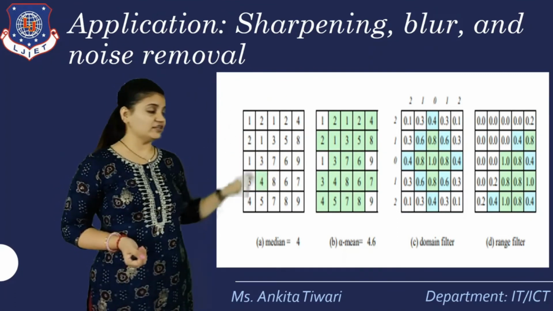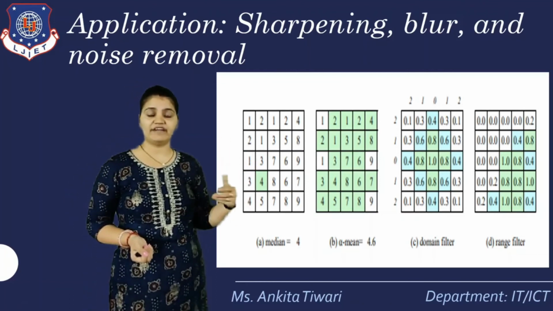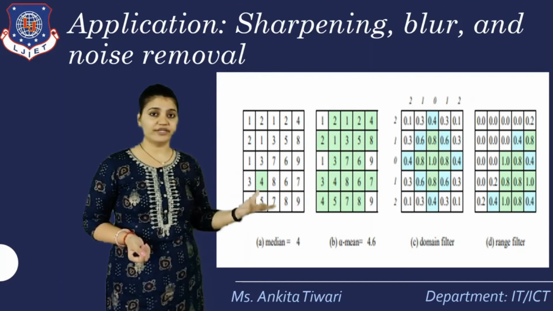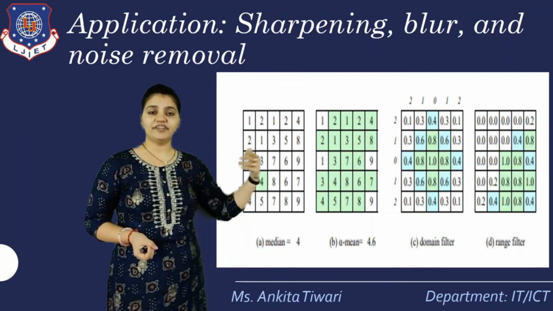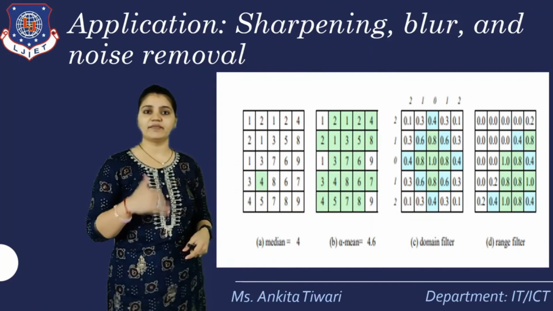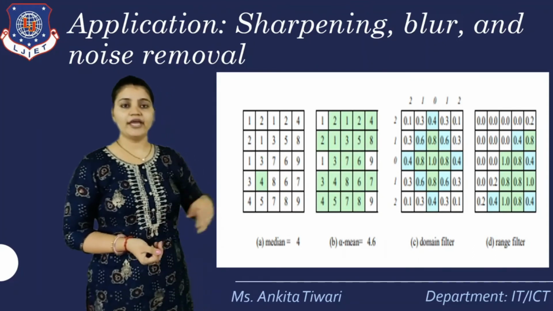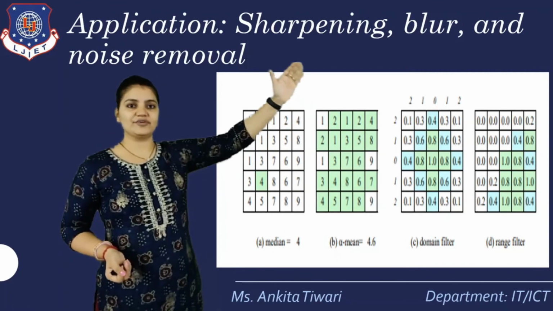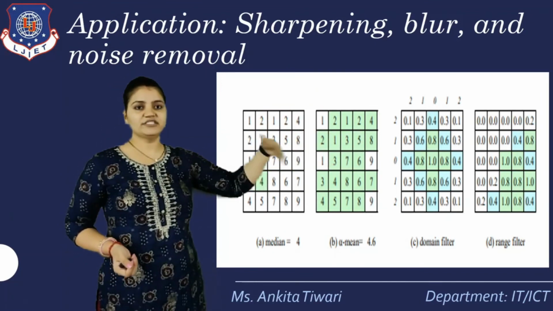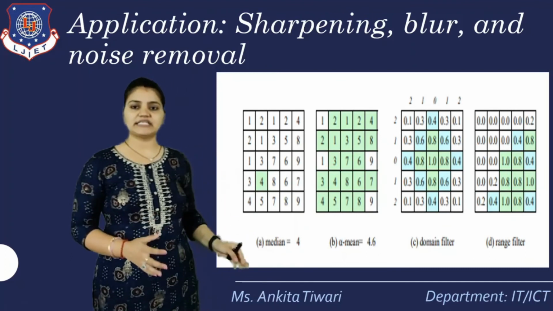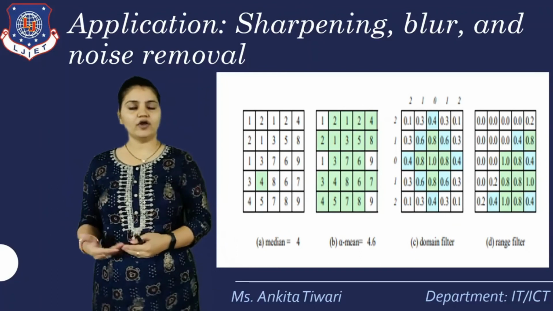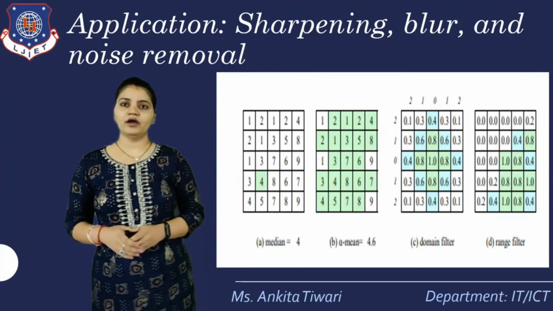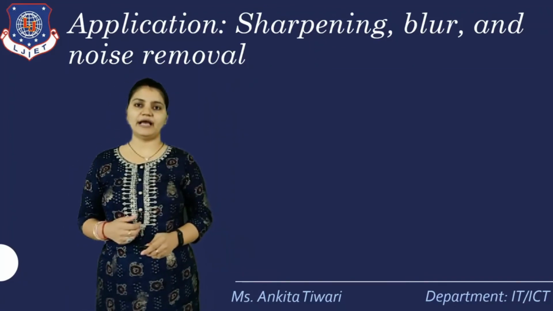What has been done is that first the filtering process is done, meaning the values we have to take into account are selected. The filtering is done in the median, and after that in the domain filters we multiply by a proportionate value. When we multiply, we get the values in the range filter, and we remove the values of 0.00, as you can see there, and we get the other values, meaning the filtering is done. So this is the process to sharpen, to remove blur, or to remove noise. These are the four things we need to keep in mind whenever we are doing any of these removal applications.